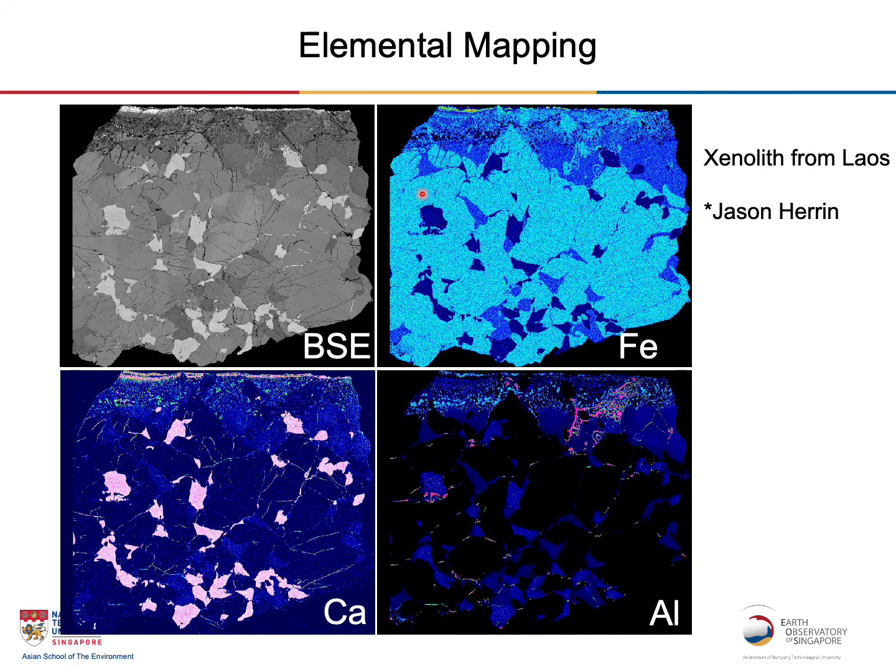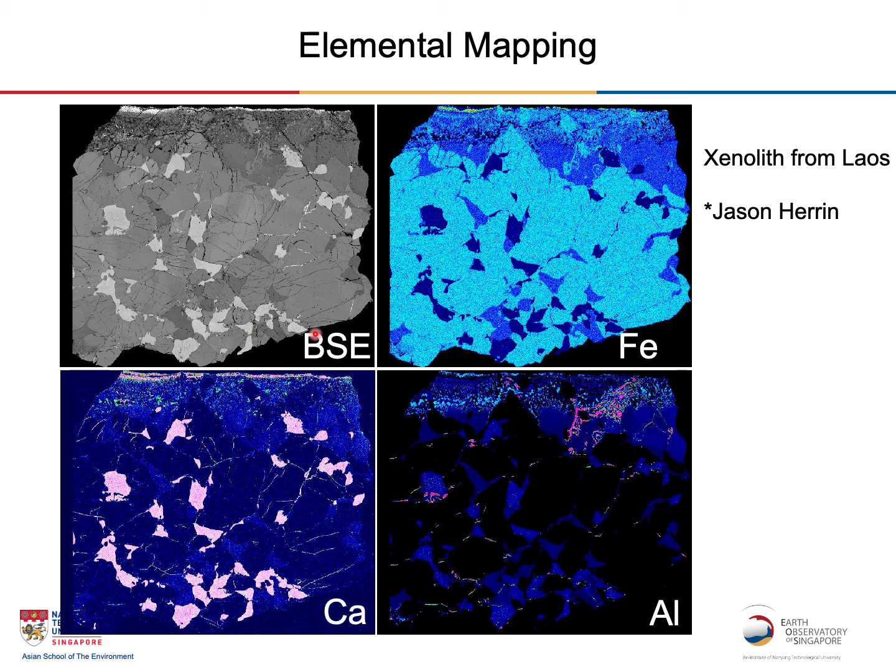Alright, here I have some of the cool things that we get from X-ray analysis of the sample. Instead of a single point spectrum collection, here we can do some mapping as well. That means we collect a certain intensity of the X-ray across the entire area. So on the left here we have the backscatter image